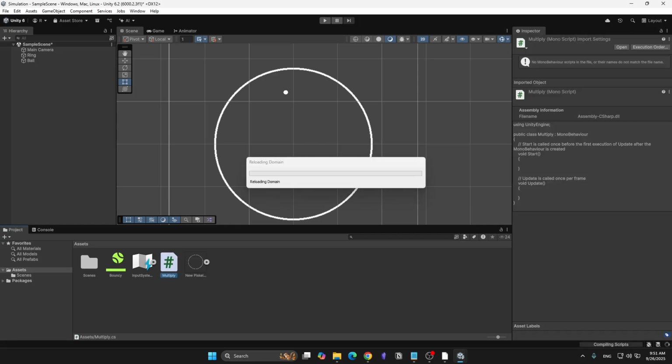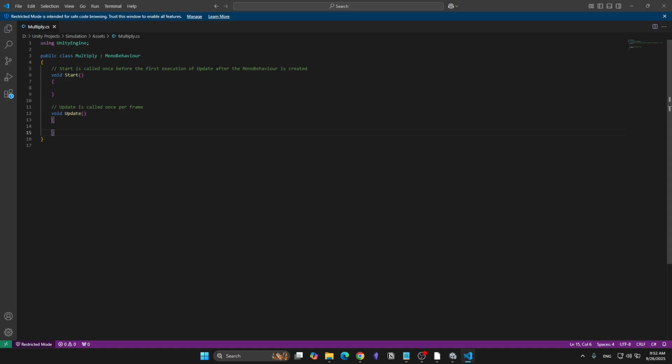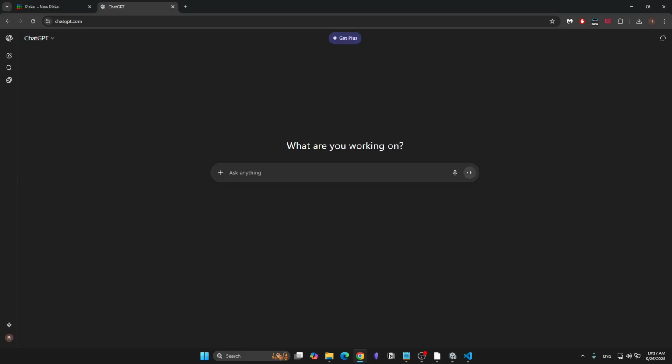I'm going to double click on this to open it. This is going to open Visual Studio Code for me. So if you don't know how to code, you don't have to worry about this. We can use ChatGPT, and I'm going to ask it that I am creating